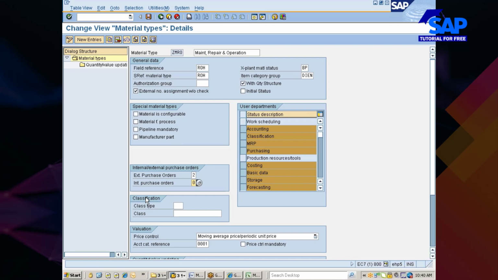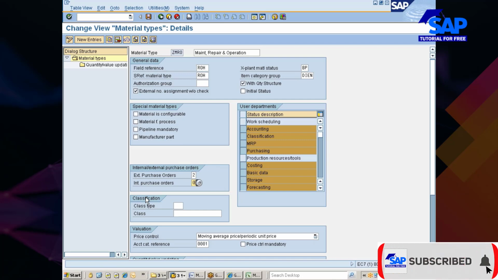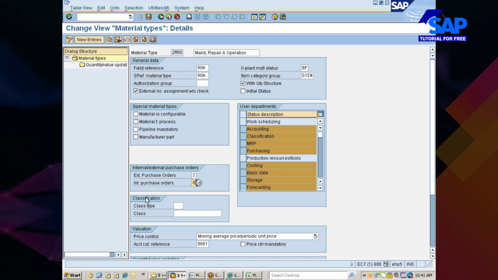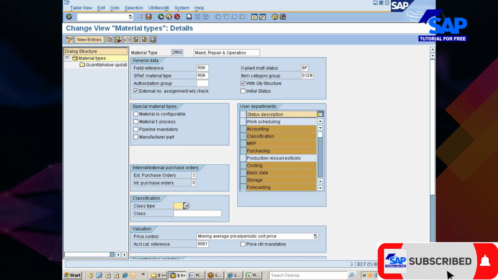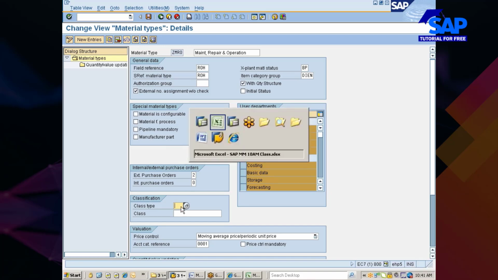You can easily search for a suitable item, or if no suitable items are found, the system will tell you no suitable items exist. In case you want, I can define a certain class type and class as default.